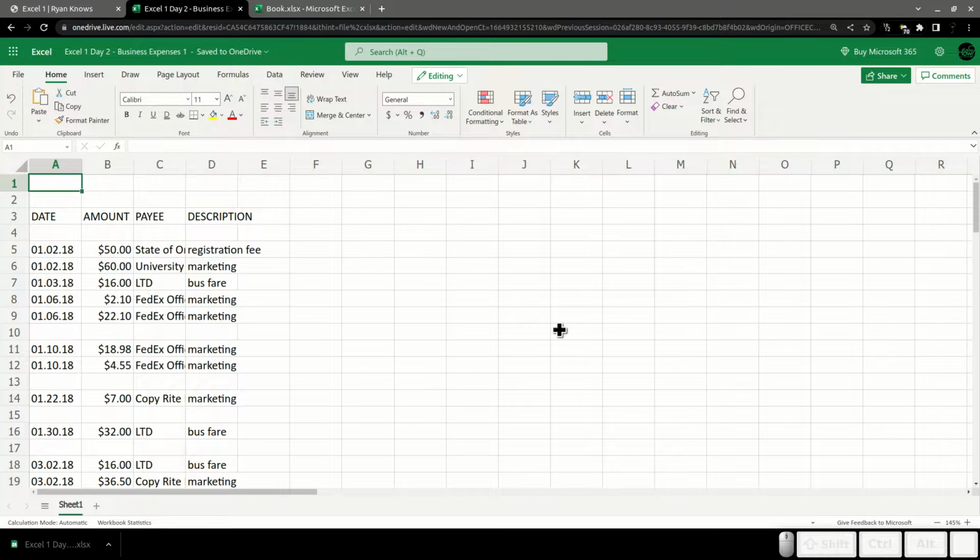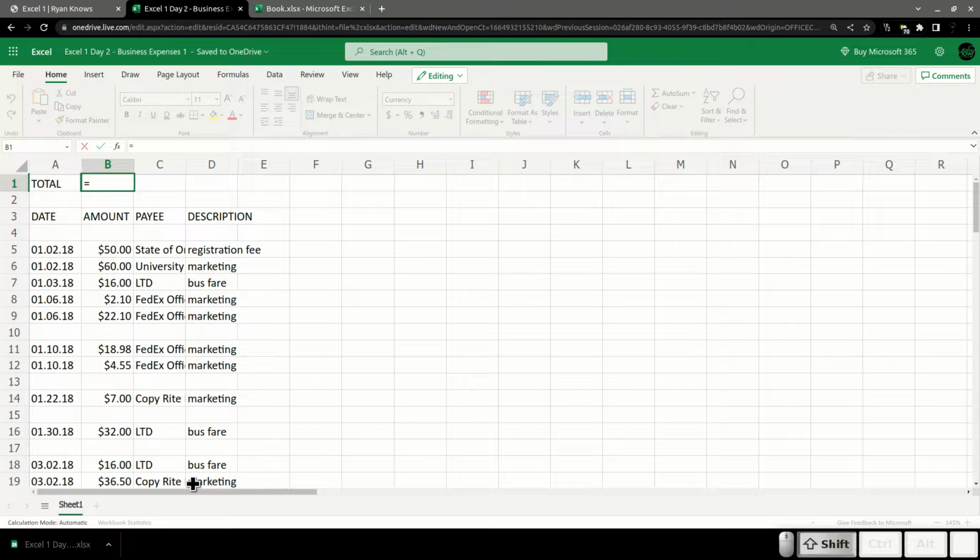All right, so right here, I'm just going to say total just to label this. Hit tab so that my active cell moves to the right there. And now, right here, the number I want here is the total of all of these expenses. So what we've seen so far is that we could go equals, and my expenses start in column B, row 5, so I could say B5